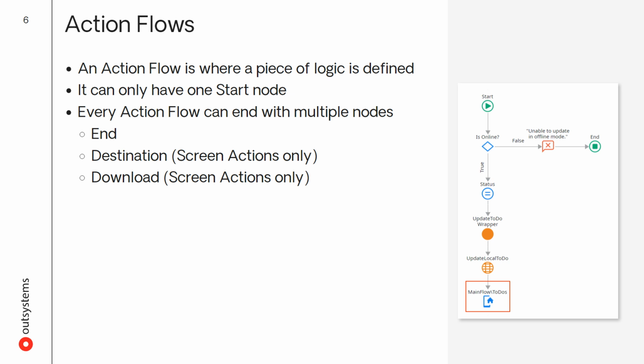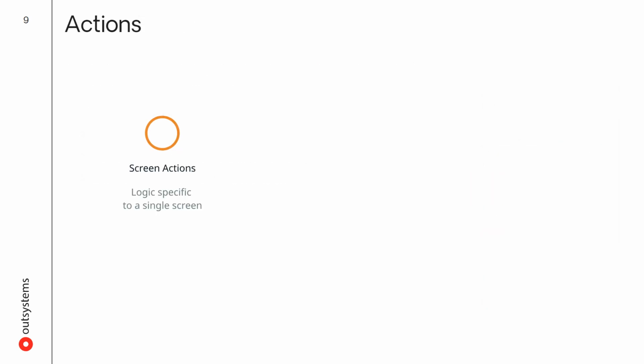files. In the flow itself, there are several tools that we can use to build logic. We can have ifs or switches to create conditional paths, or assigns, to set the value of existing variables. There are 4 types of actions that can be defined in OutSystems, but for this lesson we'll only talk about